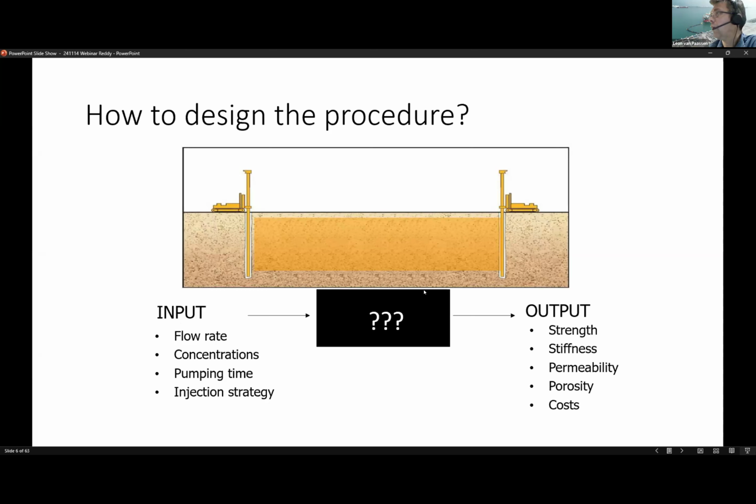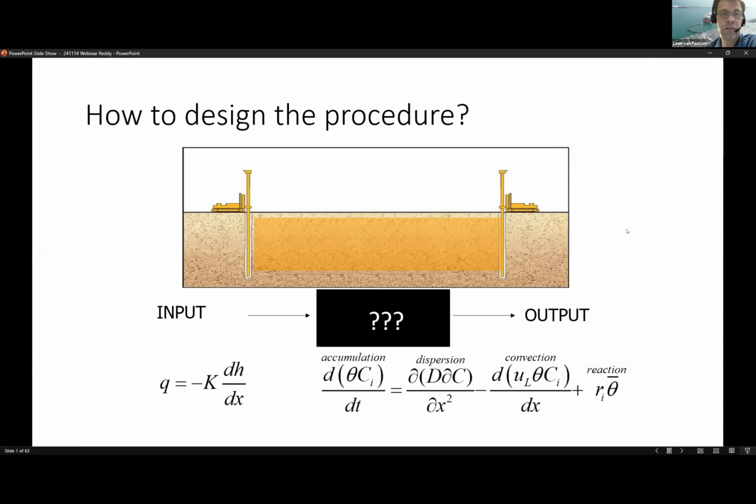So the procedure which you want to design is something like a black box, and you have to fill in the black box. One way to do that is going into the theory, and the basic theory involved is reactive transport modeling, where we have a flow equation on the left side and a transport equation which shows the transport of nutrients. The change in concentration of certain species in the ground is a function of the dispersion, convection, and the reaction term. So the first thing I started with when I started to investigate this problem was to investigate the